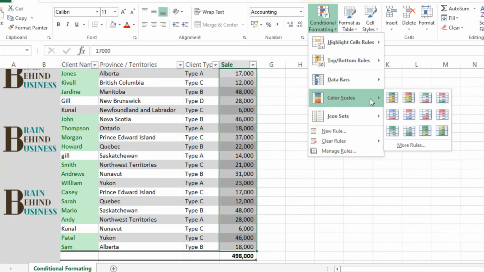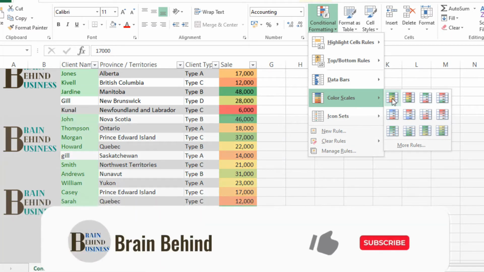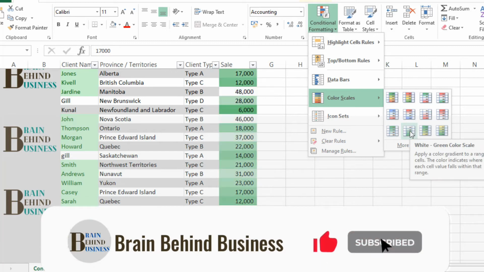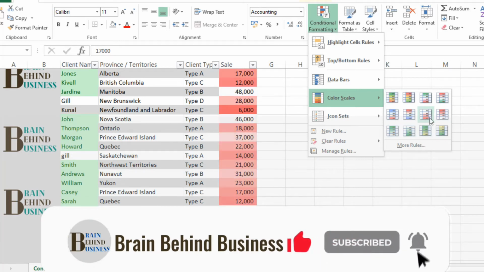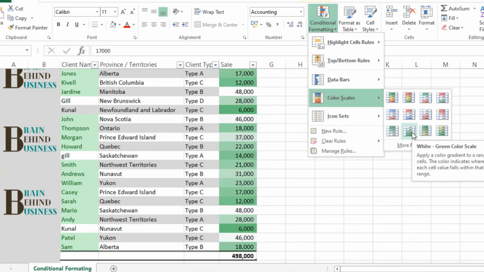And then color scales, it will highlight values from red to green. Green will be the highest one and red will be the lowest one, and it will change colors a bit based on their number and how far they are from the bottom or the top. And you can use different colors for these. As you can see here, yellow to green, and then we have only green here. So you can use anything to highlight things.